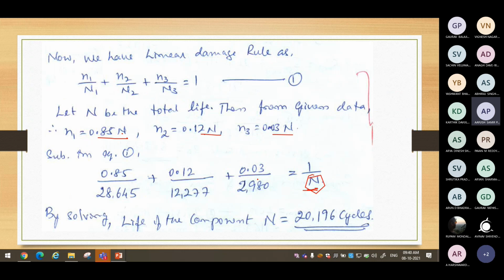So this is slightly different. Different answer. Yeah, but very less deviation. Almost. How much? What is the difference? Final life is how much? Sir, 1 second. Sir, I got 20195. Okay. One cycle only, no? That is not a problem. And even, like, very minor differences only. That is okay. That is no problem individually.